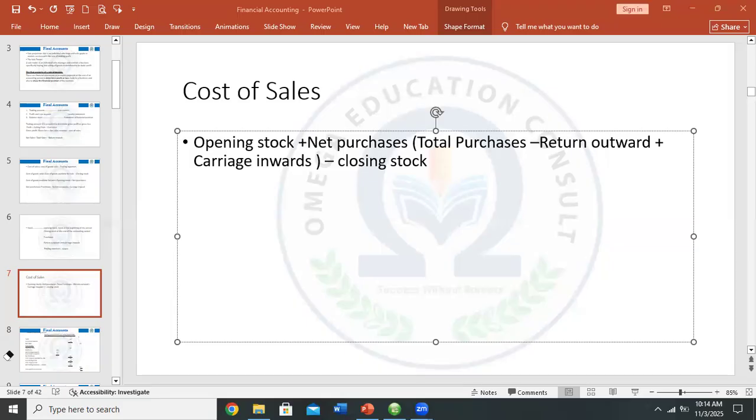That will give you the goods available. Less the goods that you didn't sell, that's the closing stock. So closing stock is sometimes referred to as unsold stock. If you do that deduction, then you can tell the quantity or amount of goods you have actually sold. If you understand this, then we can put it in the format